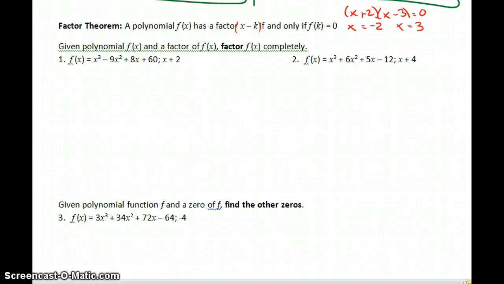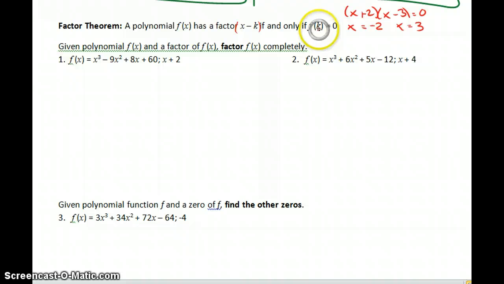All right, so one more time. Factor theorem: a polynomial f of x has a factor x minus k if and only if f of k equals 0. So what they're saying is this will be a factor as long as when I plug k back into the original equation, I get a 0. They're also saying this is that if and only if that you learned in geometry. If, when I plug in k, I get a value of 0, then it's going to be